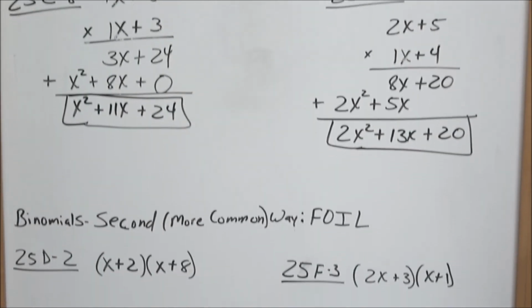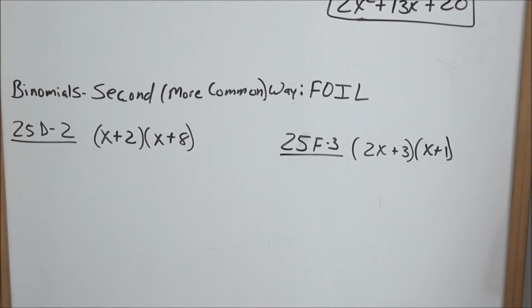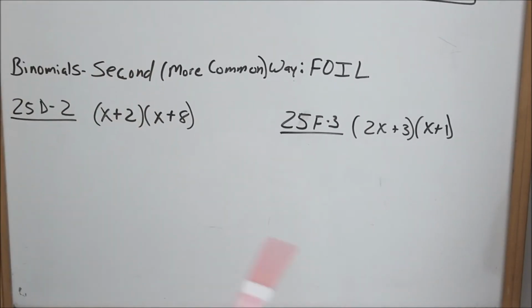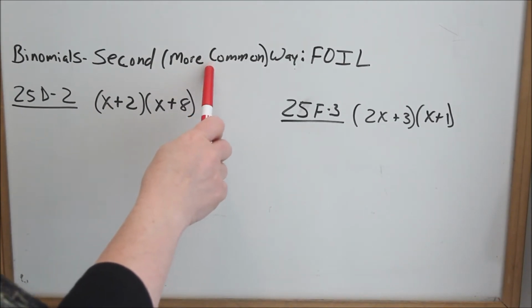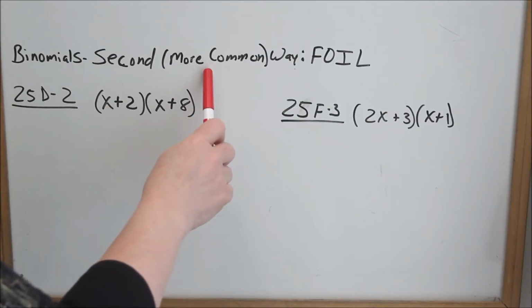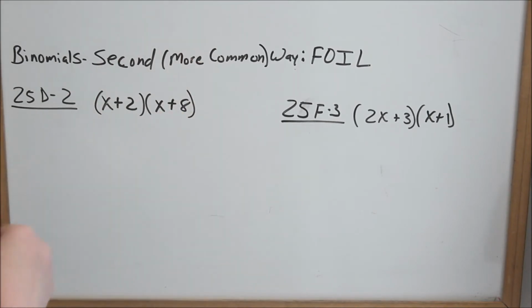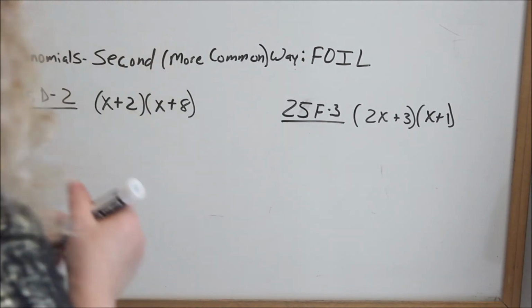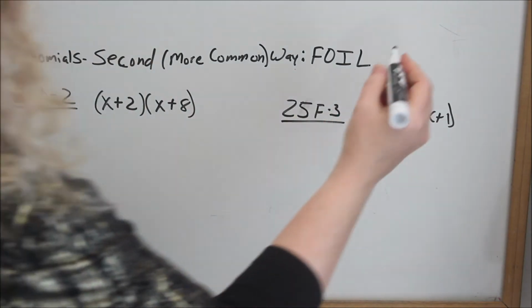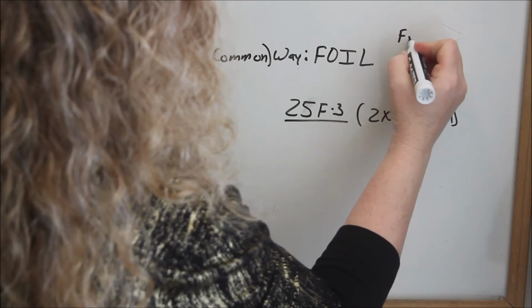Okay, now we're going to do the second way of multiplying binomials together, which is the more common way you're going to see it in Algebra 1. You're going to do it like this more often, or really all the time in Algebra 1, and it's called FOIL. And just so you know, FOIL stands for first,